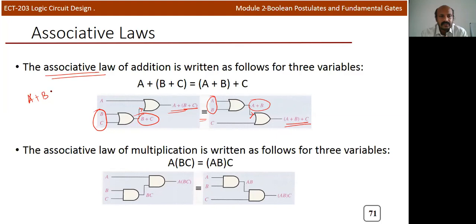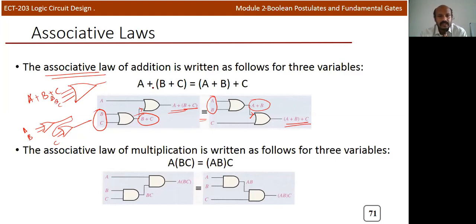This you can imagine another way also. If there is an operation A plus B plus C, if you want to perform this operation, you need a 3 input OR gate, with A, B, C. You can implement the same thing by using 2 OR gates, two input OR gates. So that concept is explained here. Instead of using a 3 input OR gate, I can use 2 input OR gates, but we require 2. So here one input A, another input is C. So the output of one OR gate is connected to the input of the second. This way also you can implement this.